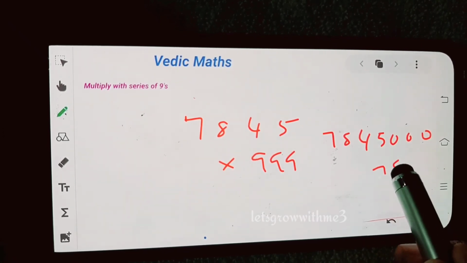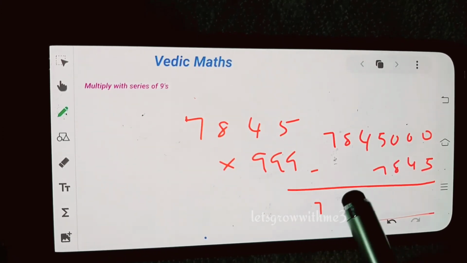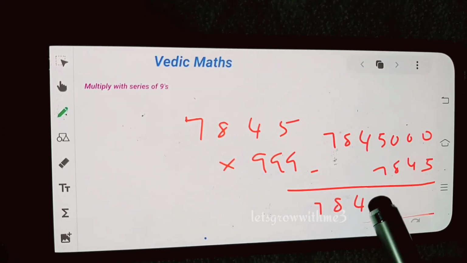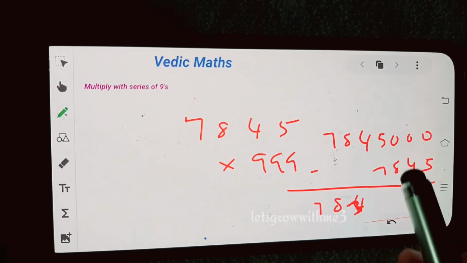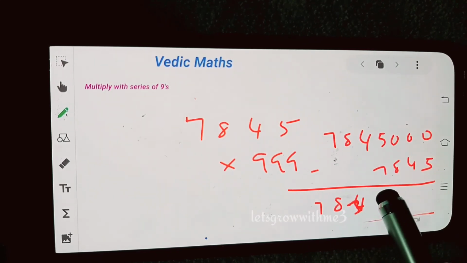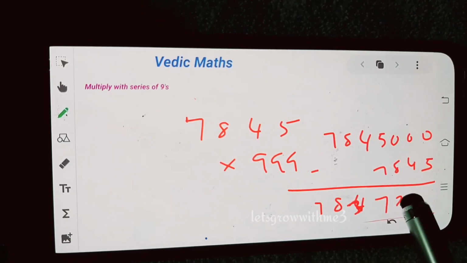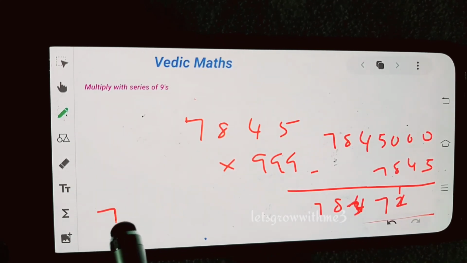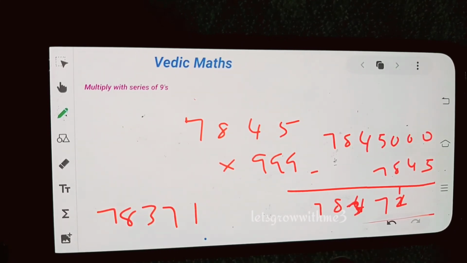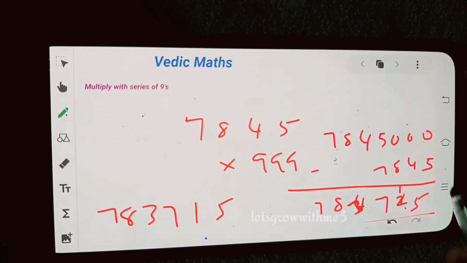Just append 3 zeros because of 999. How many 9s will be there? We need to add that many zeros and then subtract 7845. So the answer starts 784. Then we need to remove this 4 and make it 3, and then we have 5 plus 3, which is 8, but we need to write 7, and then 0 plus 2, 2, but we need to write 1, and then 0 plus 6, again we need to write down 5, and the last one is again 5 because we don't have any borrow combination. So the answer is